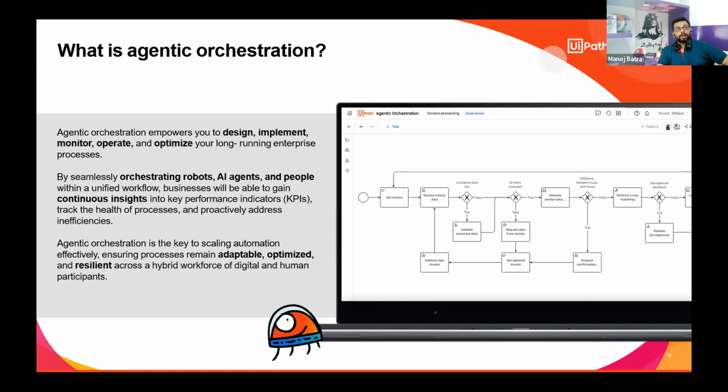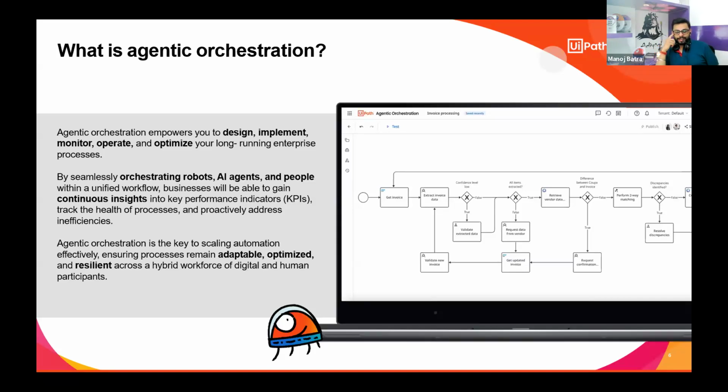Also it is not just about running bots anymore. It is about designing, monitoring, improving, and running everything as one connected flow. So you are no longer thinking task by task. Now you are thinking process by process.